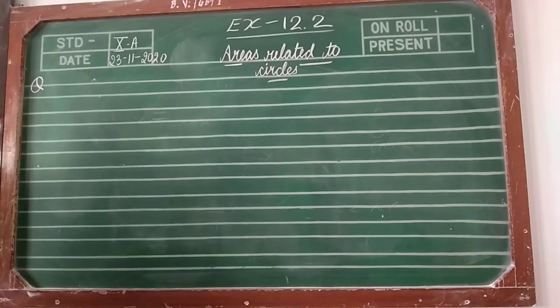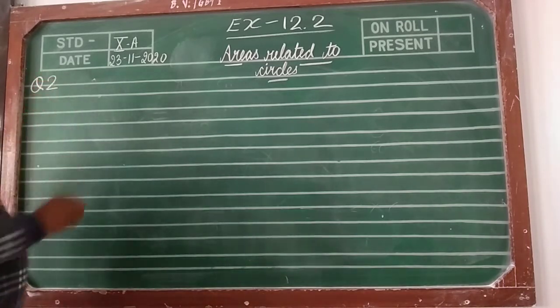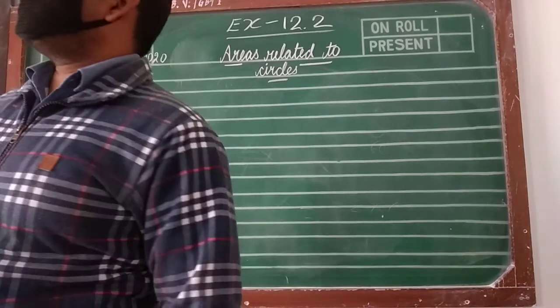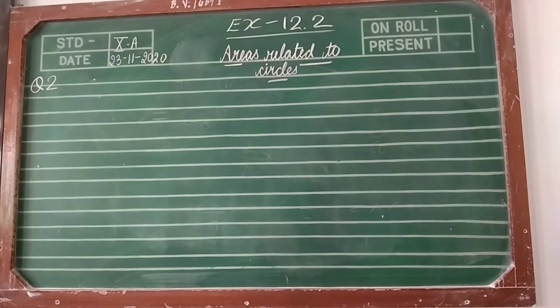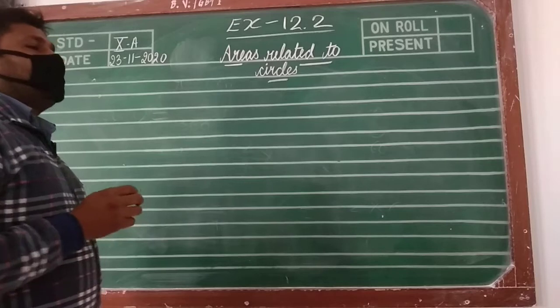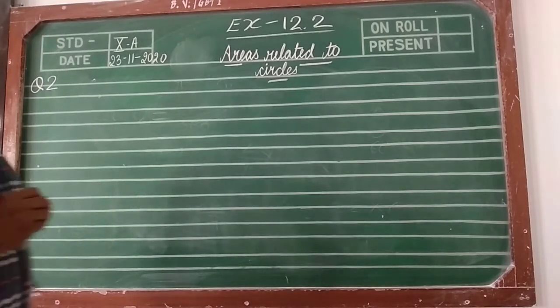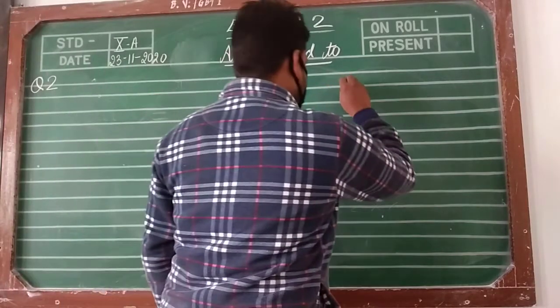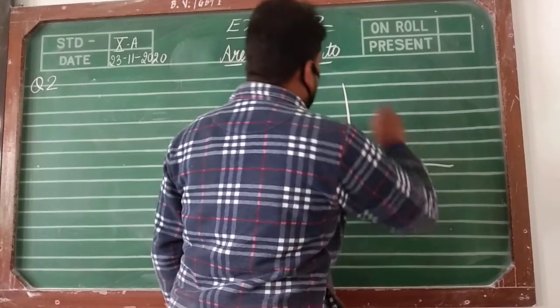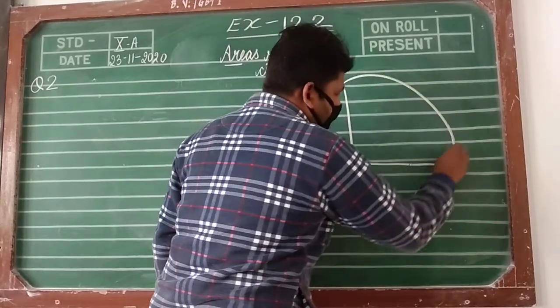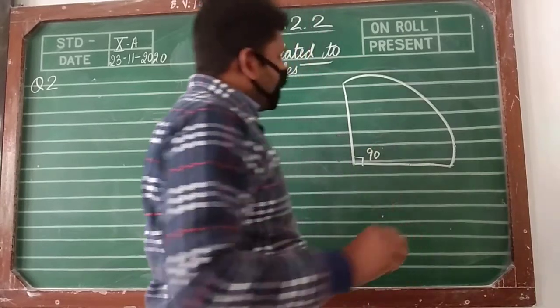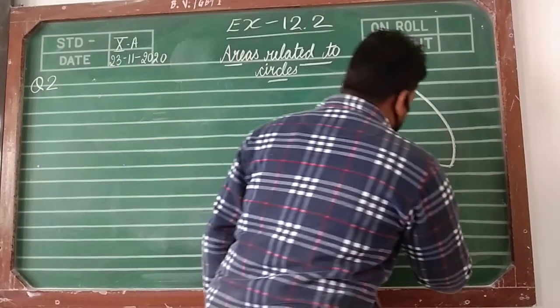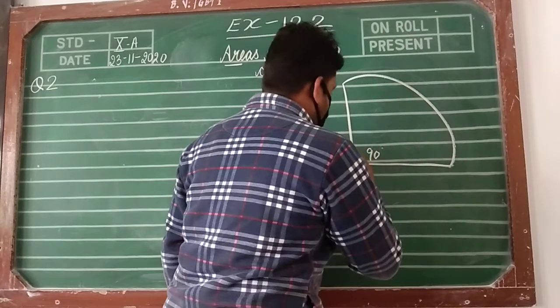Then the second question we have. Go through question number second. Just last bench, read the question. Find the area of a quadrant of a circle whose circumference is 22 cm. This statement is very confusing. If you go through the statement, then a confusing statement is given to you in this question.